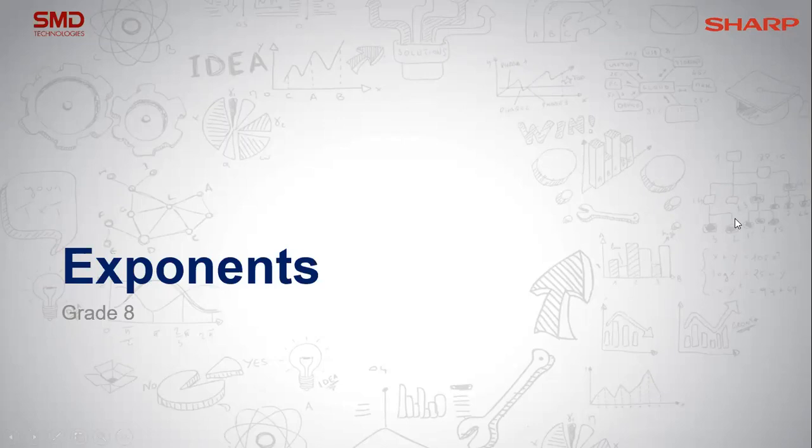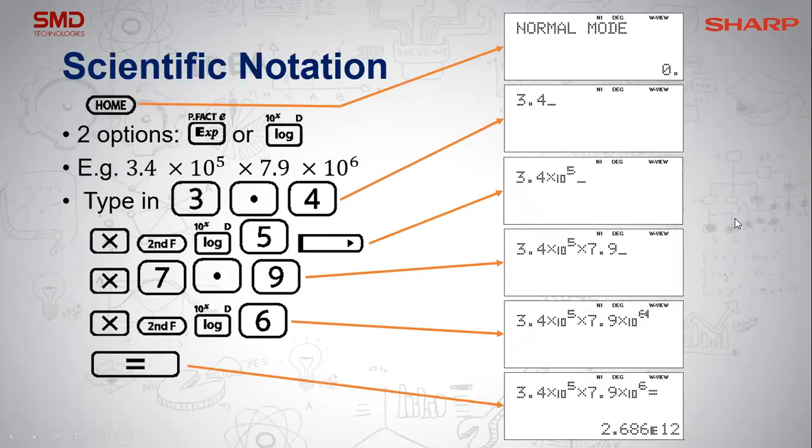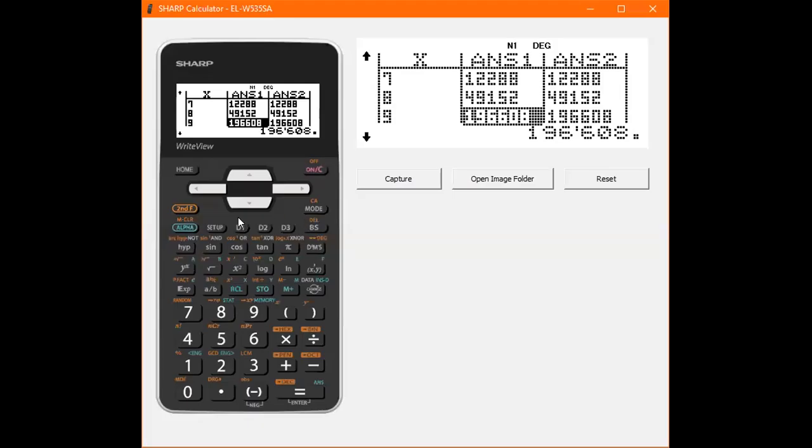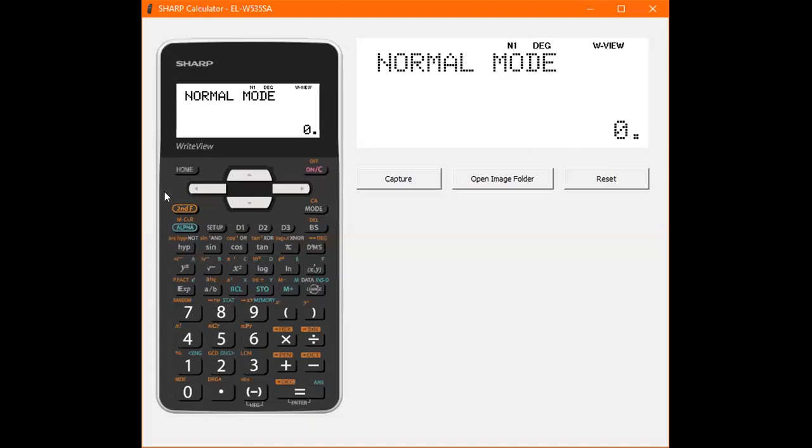All right. Cool, exponents. So the first thing that we need to look at is scientific notation for the grade 8s. So I'm just going to jump back home and we're just going to do a basic exponent calculation. So there's two ways to do the exponent on your calculator. The first is to use this very antiquated E, and you'll see it just comes up with E to the power of zeros is